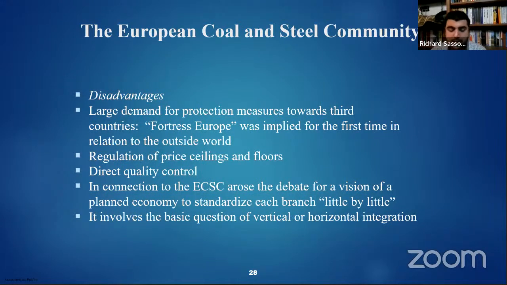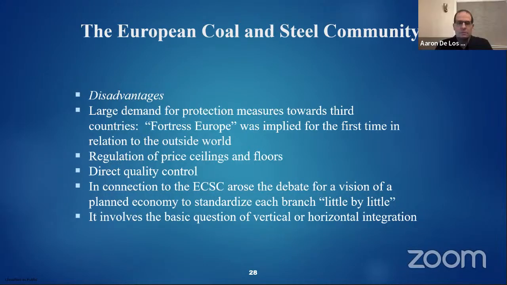So that creates these kinds of inconsistencies and incongruencies that you don't want to have if you're creating a free market. So that's the issue with direct quality control. It's that it's not supranational. And there's these very sort of, as if you nerd out on this stuff, which Richard and I do,